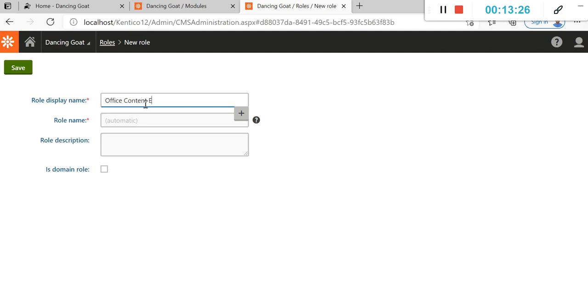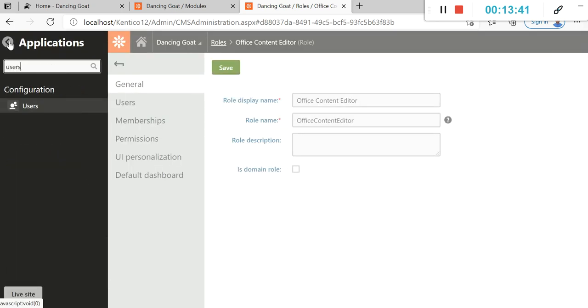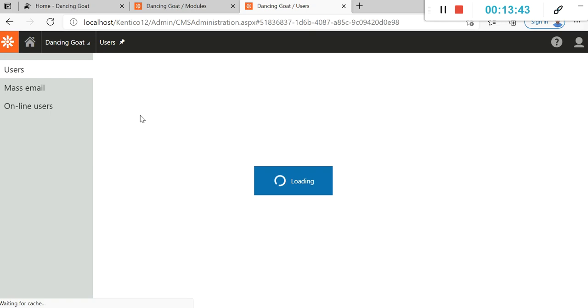Office content editor. So everything has to be automatic. Now save this. So the role has been created. Now let's create a user which will be having that office content editor only.